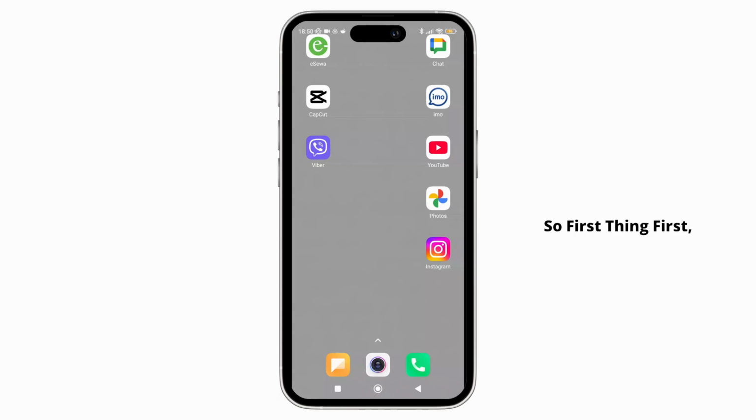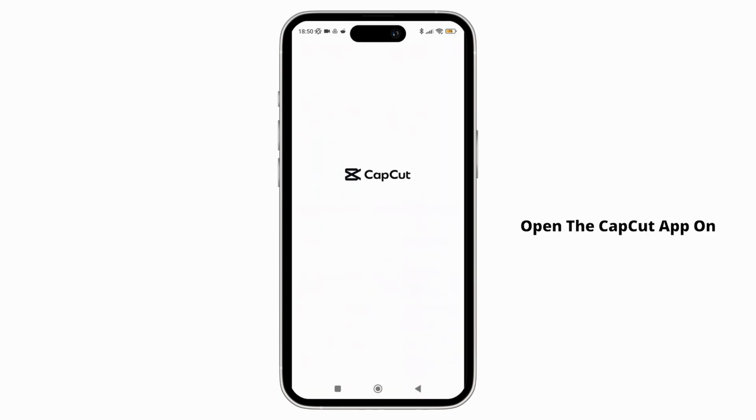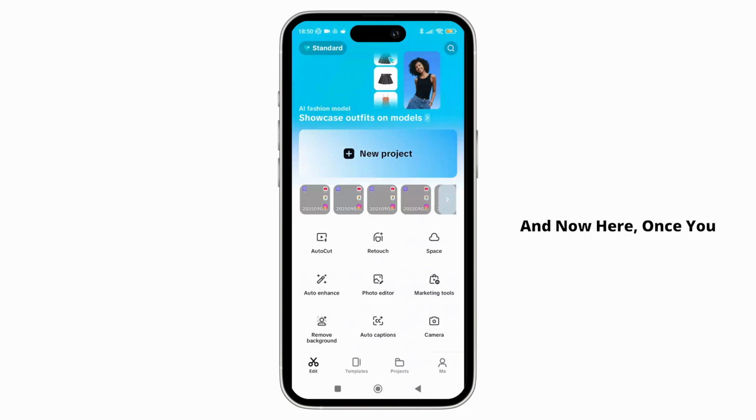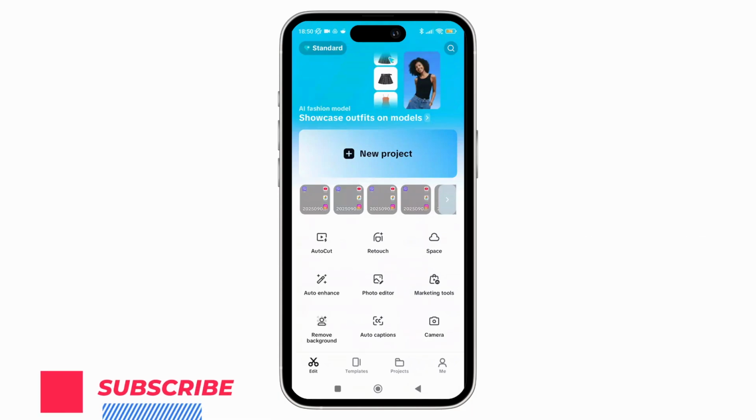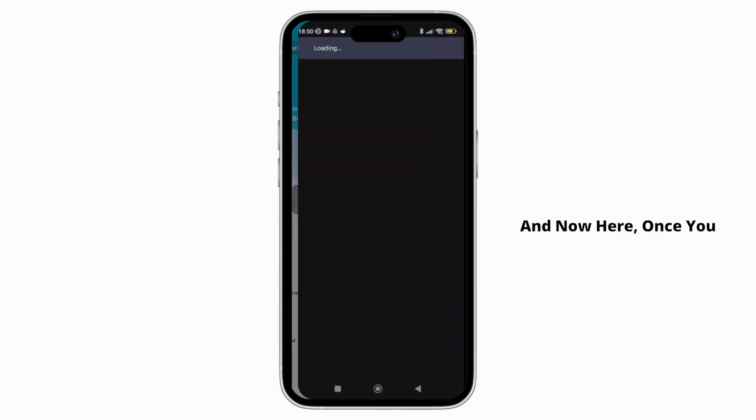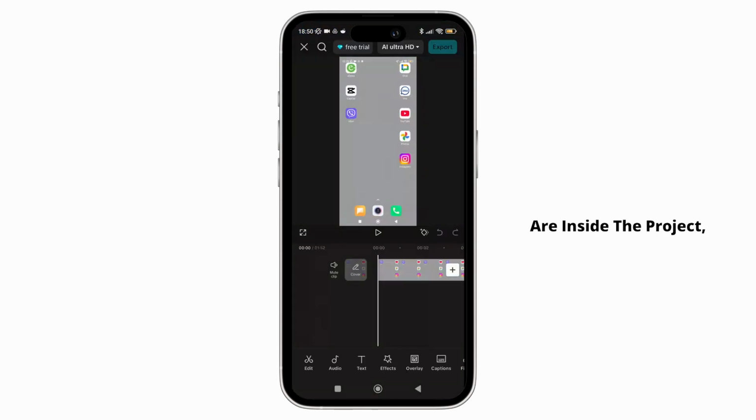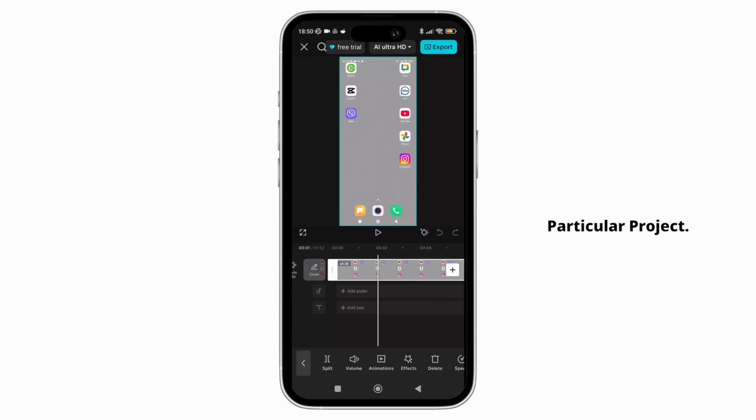So first thing first, open the CapCut app on your phone. And now here, once you have opened the app, simply select the project that you want to export. And now here, once you are inside the project, simply finalize the edit that you want to do with that particular project. And once you're done with everything, simply tap on the export button shown in the top right corner